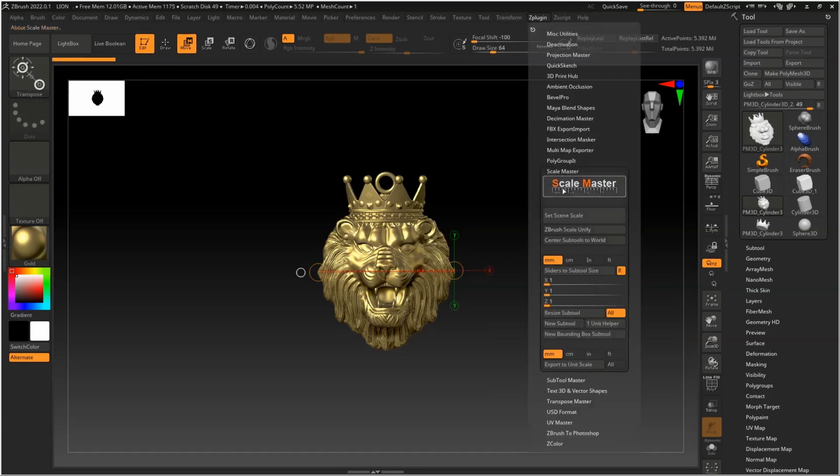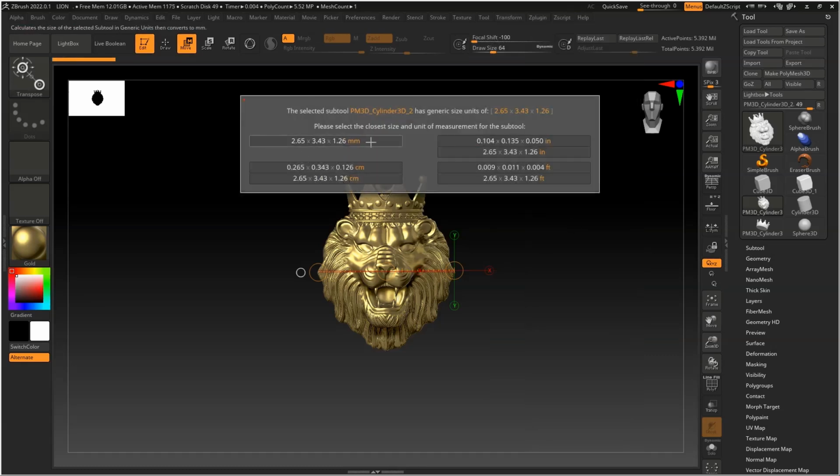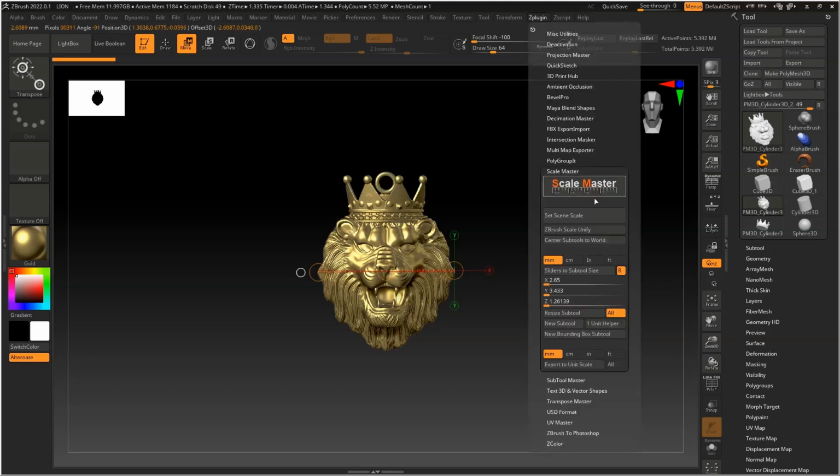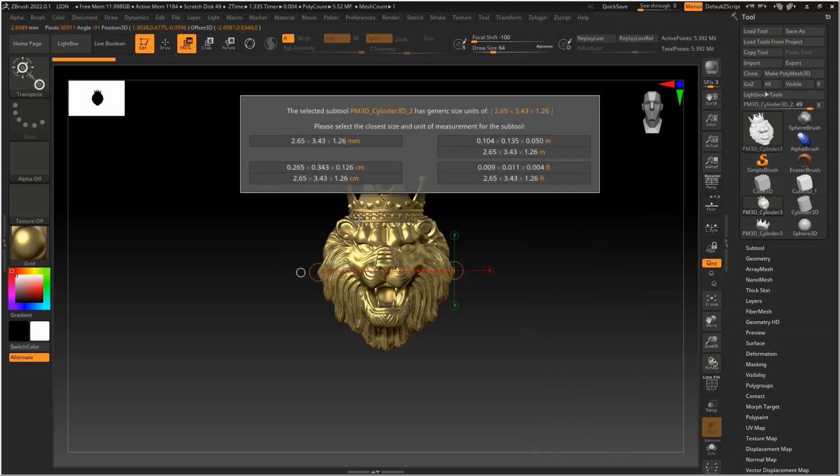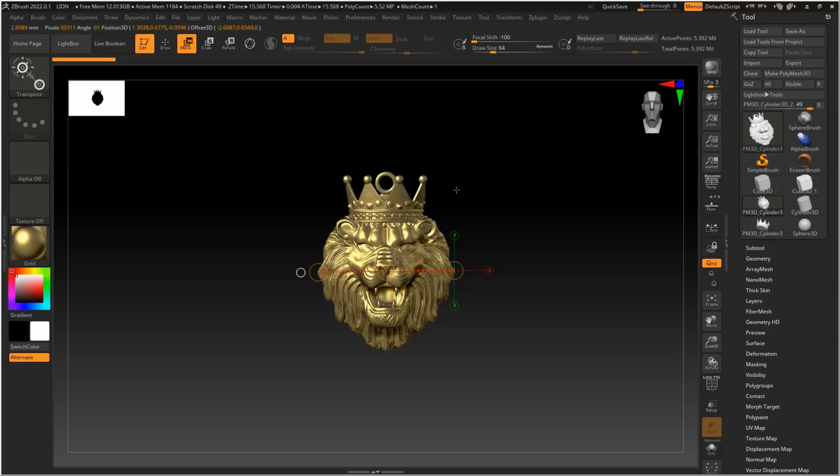Okay, here you can see the measurement of this model. Okay, 2.65, 3.43 and 1.26 mm. This is thickness, this is the x-axis and this is the y-axis, I mean width and height. Okay, so we will set it on mm. Now how can you do this without measuring and making any adjustment like other